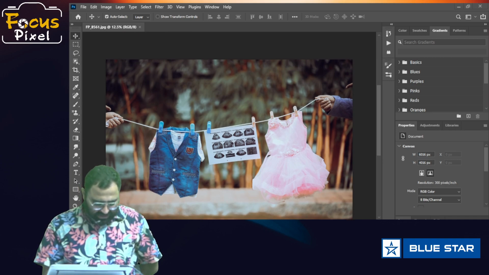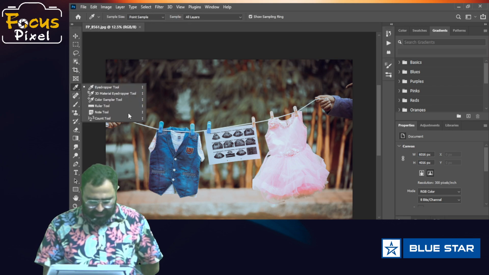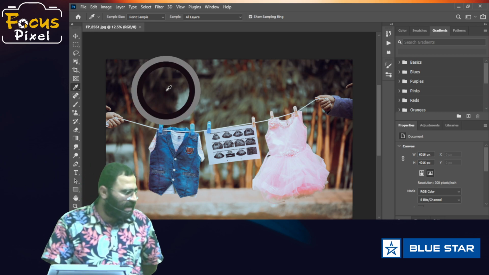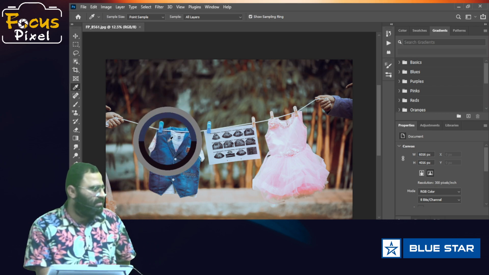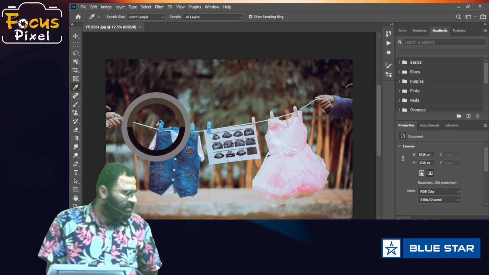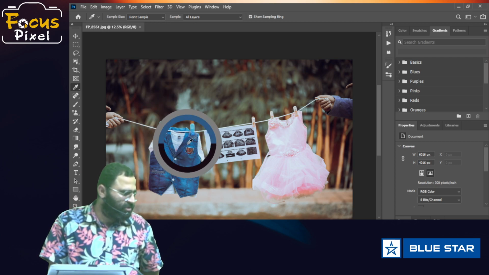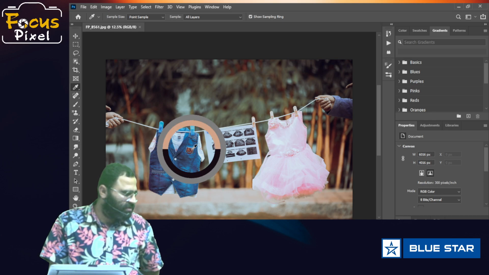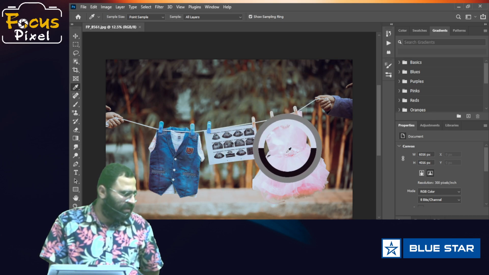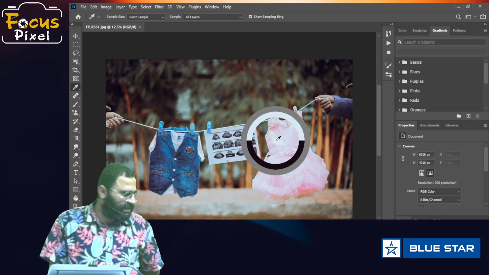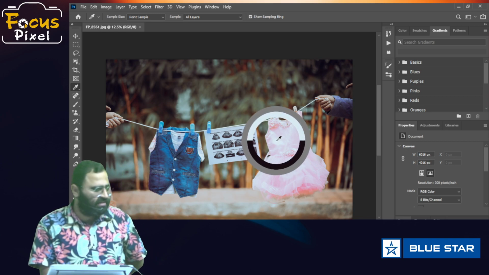I'll just show you the colors. Black is there, blue is there, light blue is there. There are multiple shades of blue. Maroon is there, peach is there, pink is there. Here I can see in the highlights white is there.